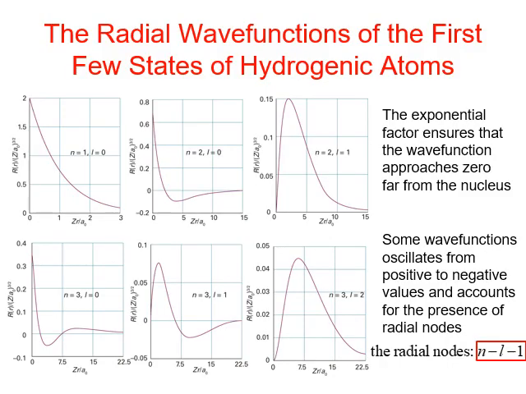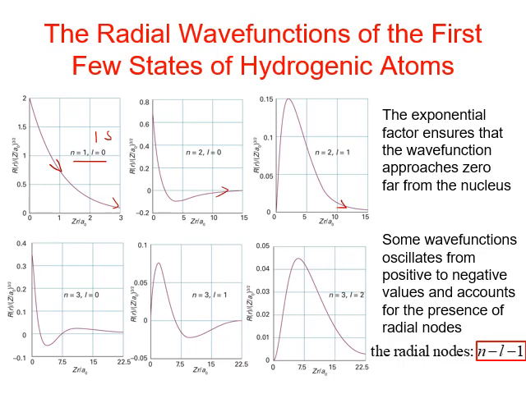Let's look at the radial wave functions of the first few states of hydrogenic atoms. The first one, n equals 1, l equals 0, and in chemistry this is called the 1s orbital. The wave function decreases exponentially, approaching 0 as the distance increases. In fact, all wave functions shown here decrease exponentially and approach 0. That indicates that the probability of finding the electron approaches 0 when the electron is too far away